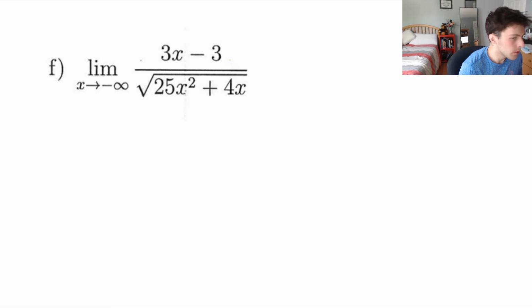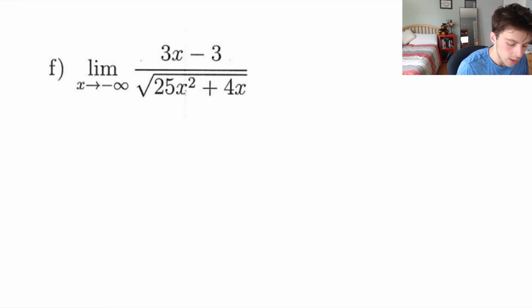Hey everyone. So in this video, I wanted to take a look at a limit question where we have a rational function and we see that the limit is approaching negative infinity. I think that with these types of questions, it's really possible to make an error in your sign. So I'd like to go over a video explaining exactly how we can deduce the proper sign and the approach